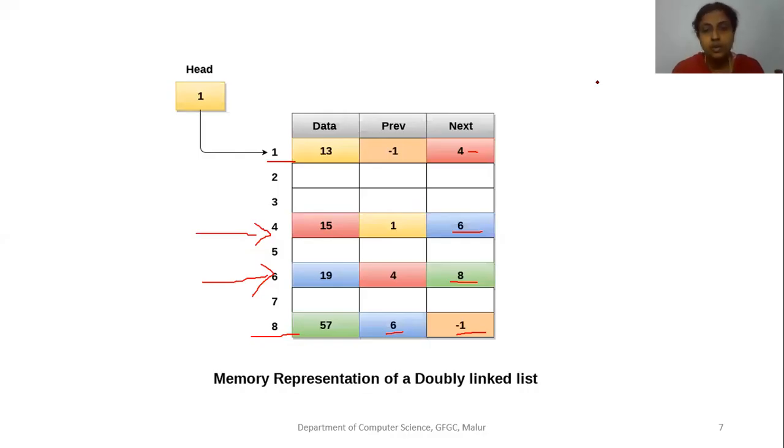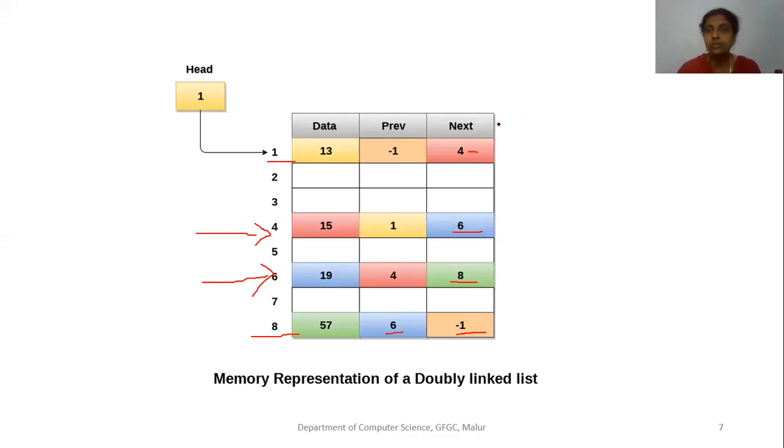When we talk about the memory representation of a double linked list, as we said, a node is divided into 3 parts. It will have the previous address, next address, and the data part. When we start with our head node, consider my head address is 1. 1 means it will take me to memory location 1.